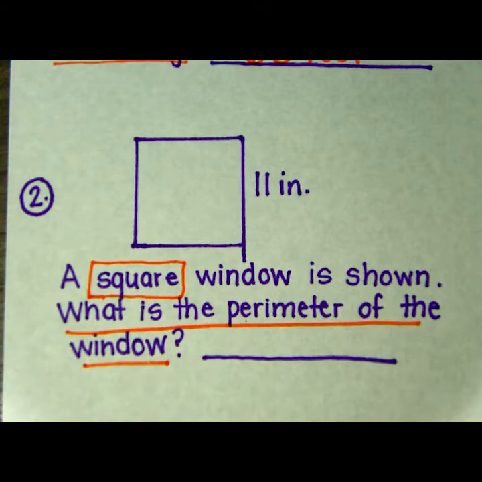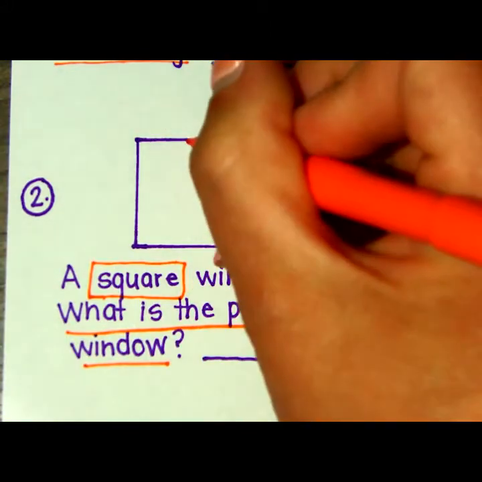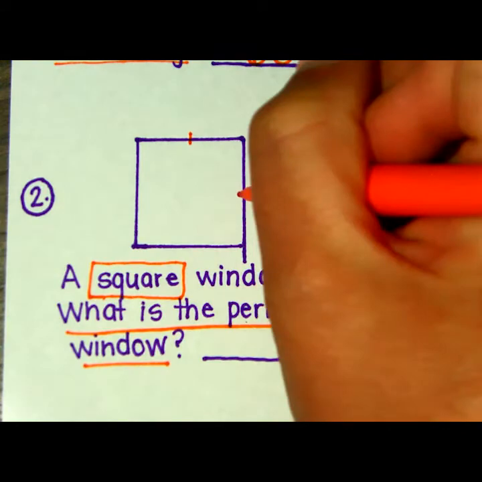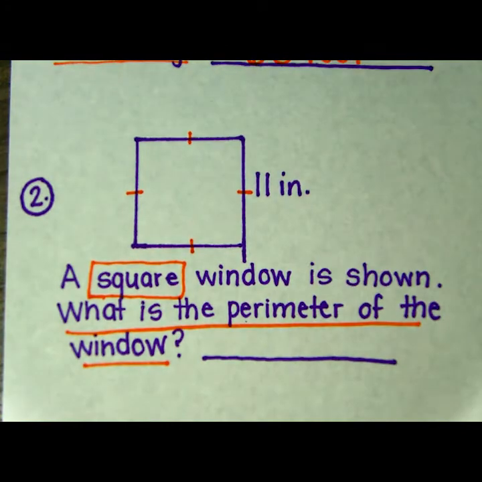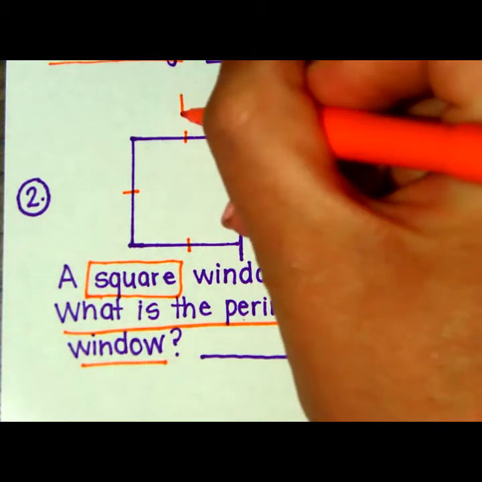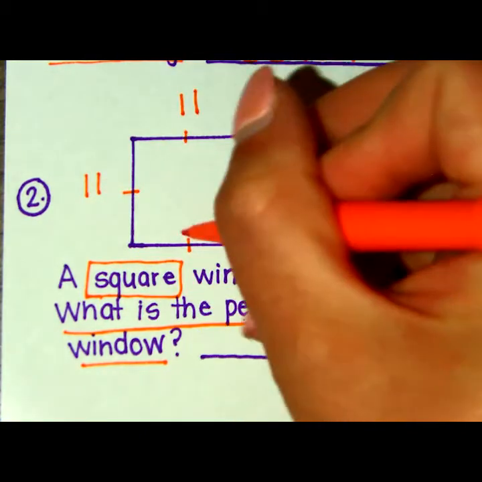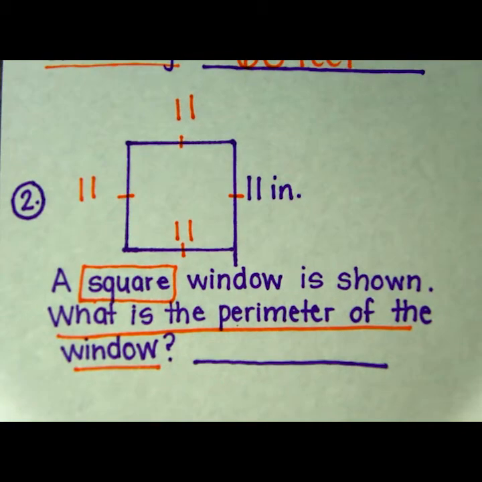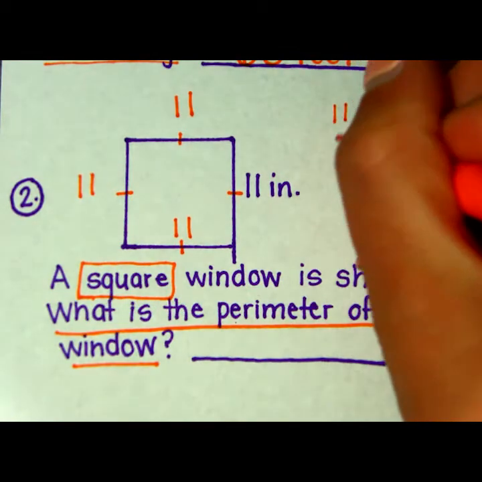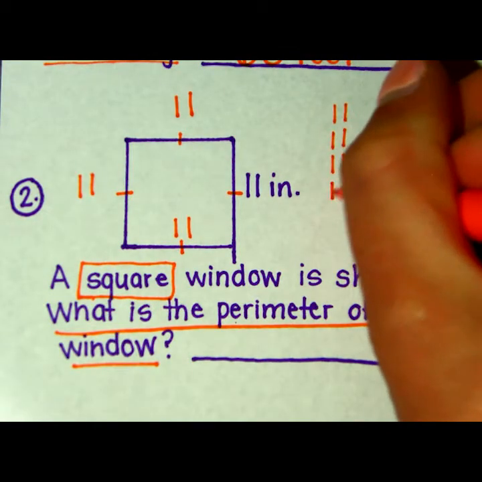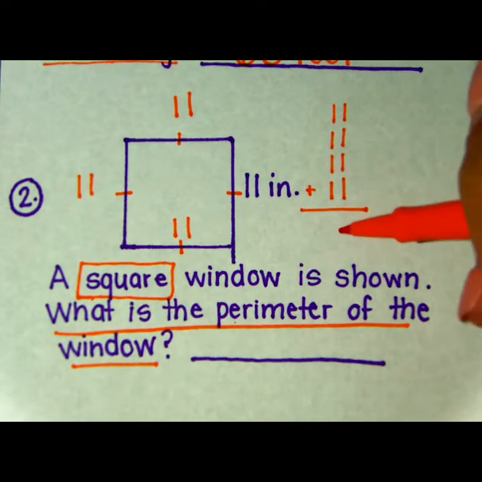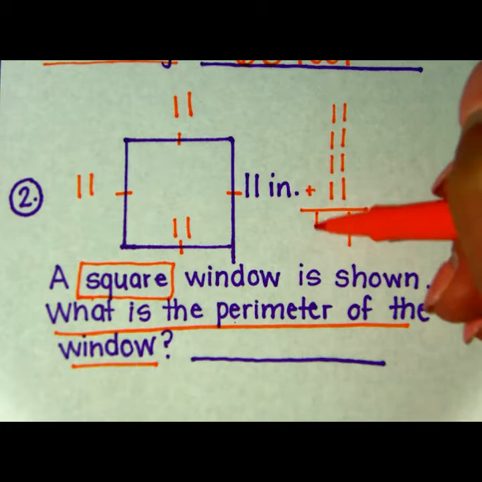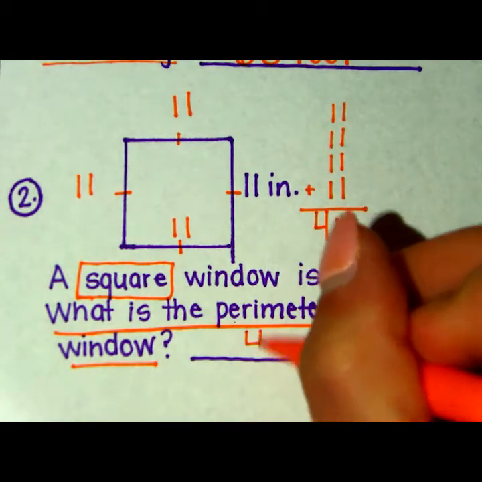Well, there's something I know about squares. This side is going to be the same length as this side. And it's also going to be the same length as this side and this side because squares have 4 equal length sides. So I can go ahead and fill this in, 11, 11, and 11. And I know that I'm going to add those sides together. So 11 plus 11 plus 11 plus 11. I know 1, 2, 3, 4 here, and 1, 2, 3, 4 in the tens place is equal to 44